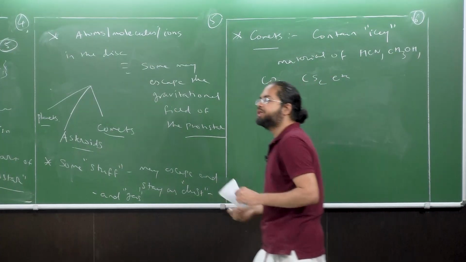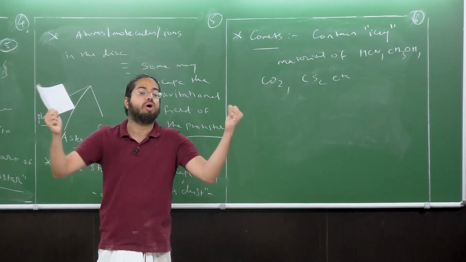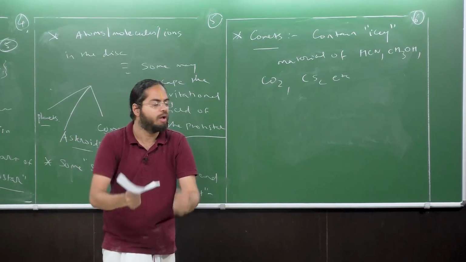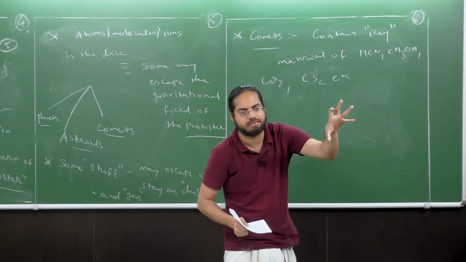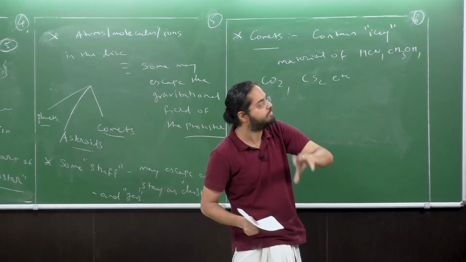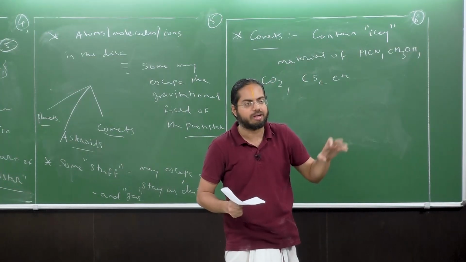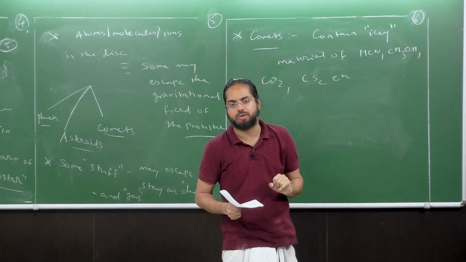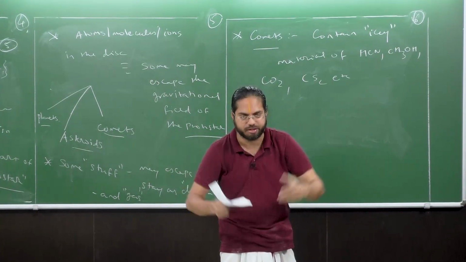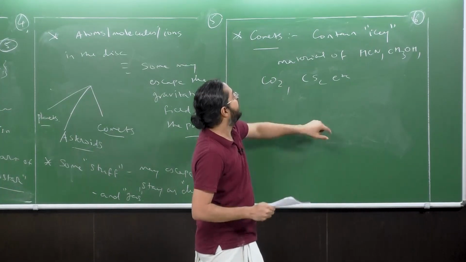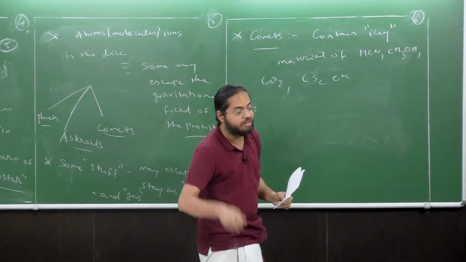I refer to a collection of loosely bound molecules. Now, if they were much stronger and more tightly bound, we would use the phrase rocky. Okay, right? Rock is much harder and held by much stronger forces than ice, which of course also refers to a collection of molecules, but these molecules are more loosely bound than you would see in a rocky material. All right? So it contains icy material of these molecules, and not just these.